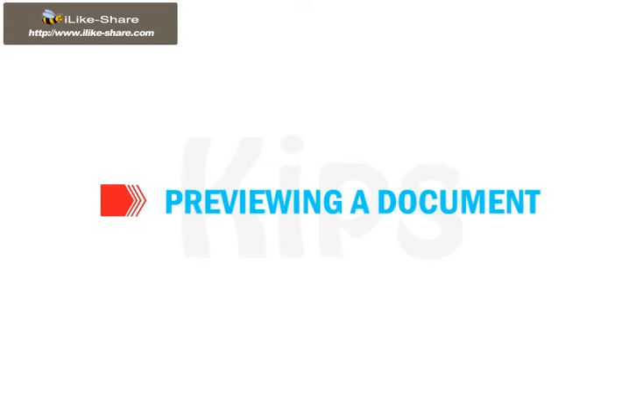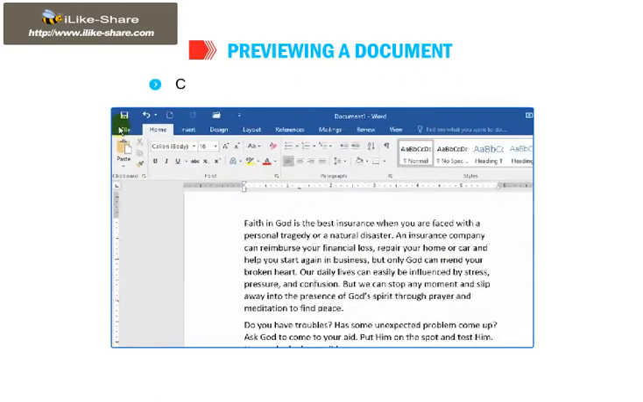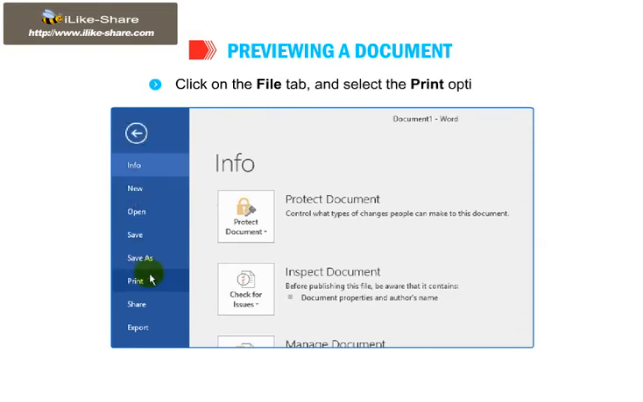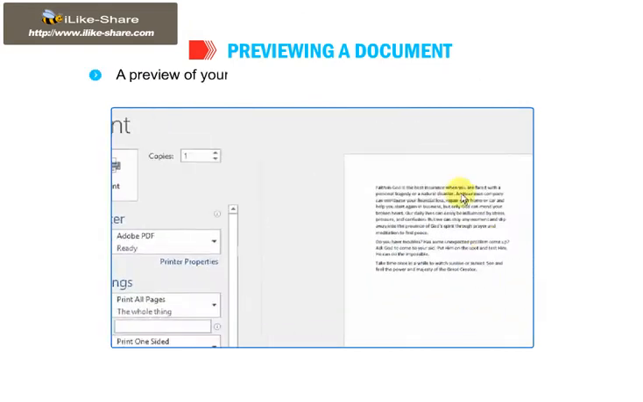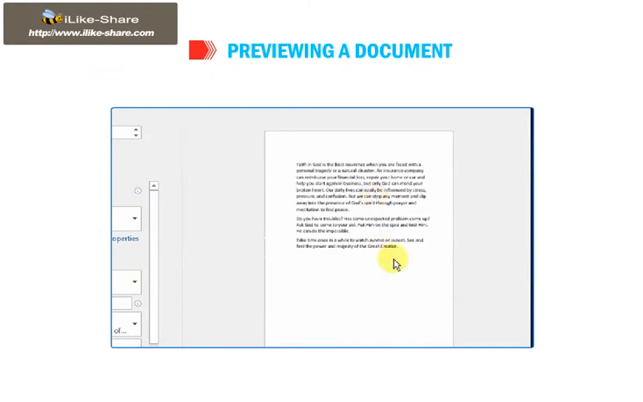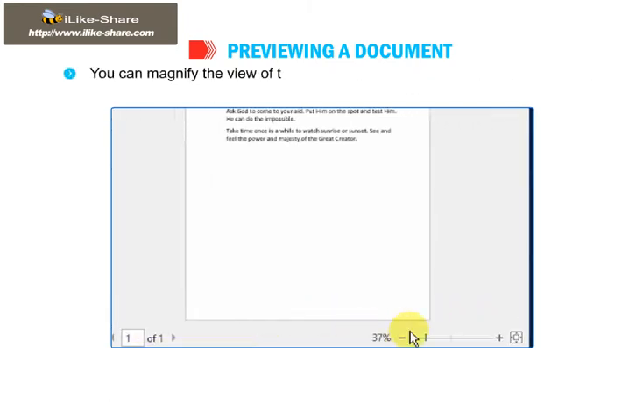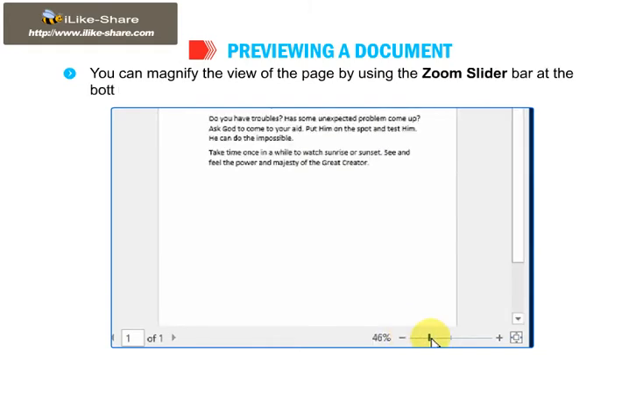Okay students, let me describe how to preview a document. Word 2016 allows you to preview the document before printing. Follow the given steps to preview a document. Click on the File tab and select the Print option. A preview of your document automatically appears on the right side of the Word window. To view each page, click on the navigation buttons below the Preview section. You can magnify the view of the page by using the Zoom slider bar at the bottom right corner of